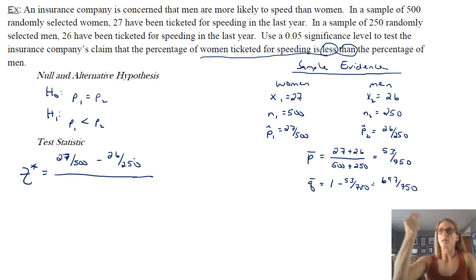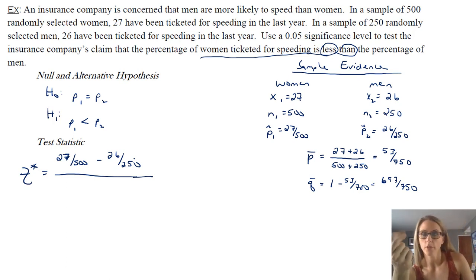So it's really just what is the difference in the two proportions. We're trying to figure out how close that difference is to 0. And the closer that is to 0, the closer your z star is going to be to 0 as well, which is putting it in the middle of the normal distribution, which is not a small p-value.